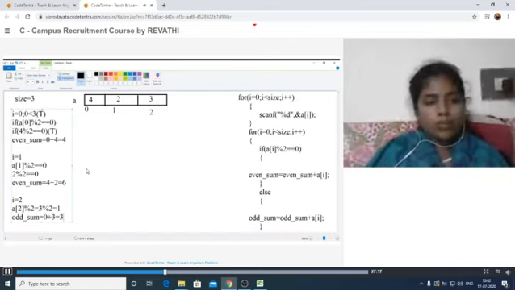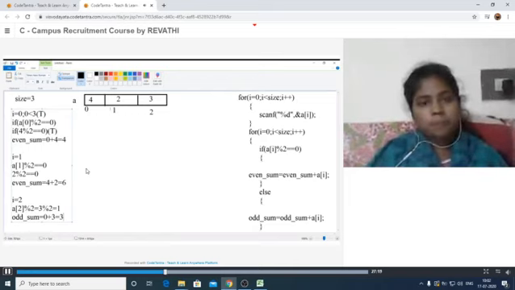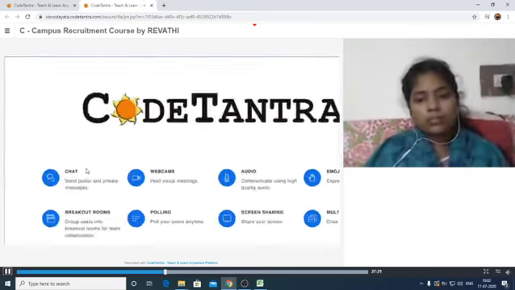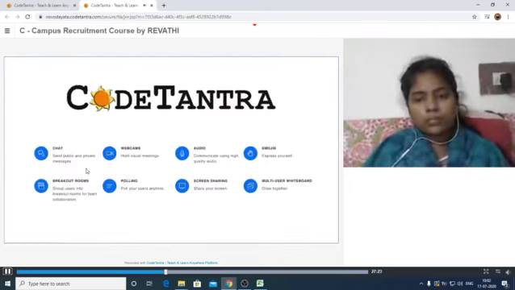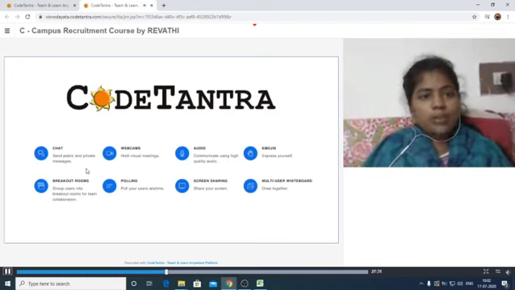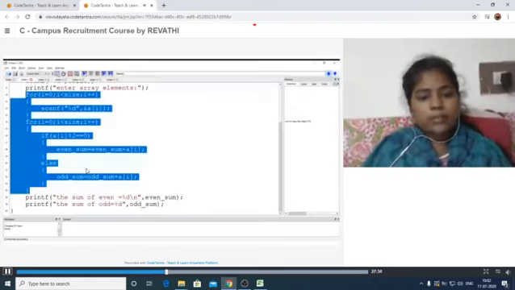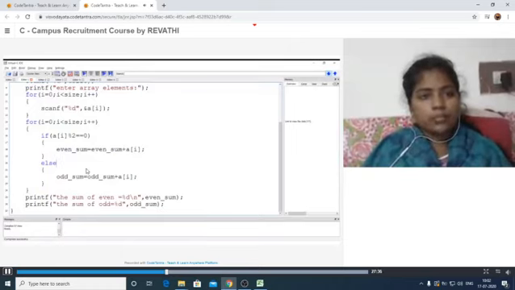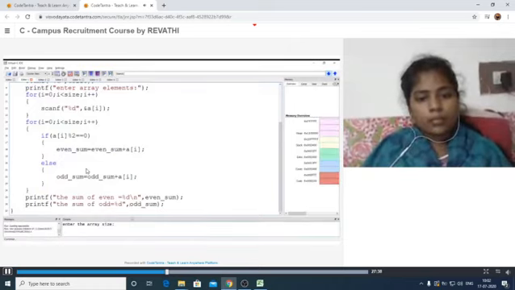Let us check this one. The same values I am providing here. Let us see. It is asking to enter the size.